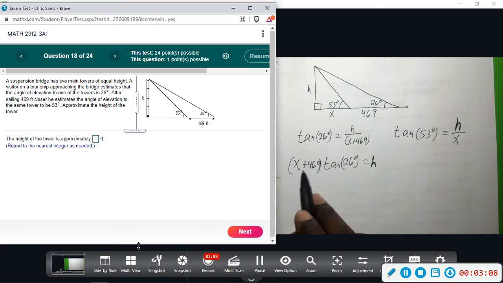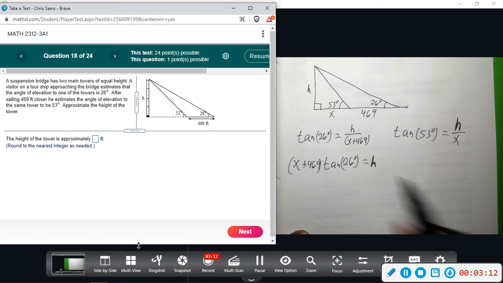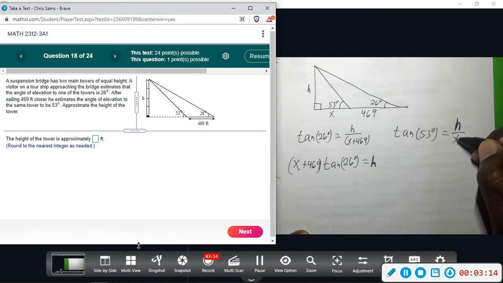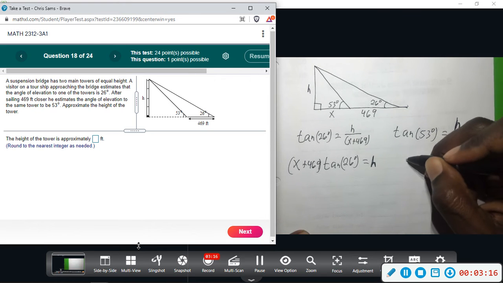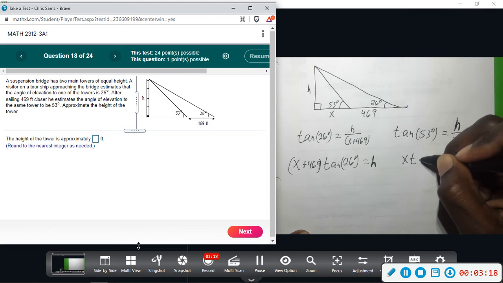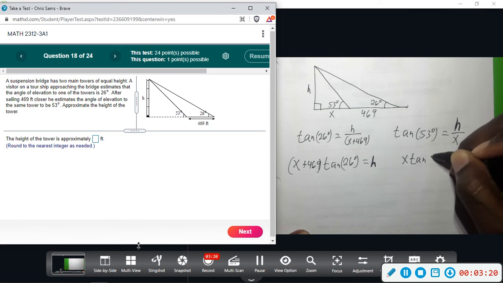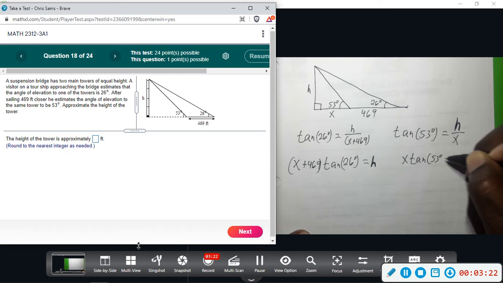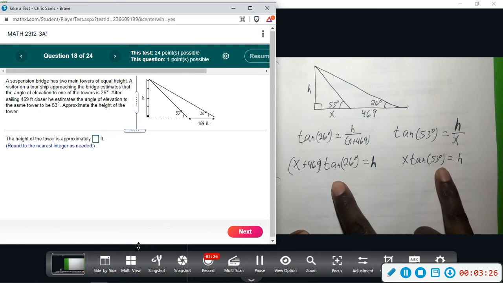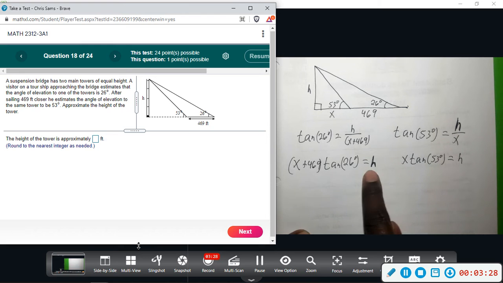Because that'll require me to distribute and then go back and divide. This is a little bit more messy. Yeah, we'll just solve for h. Multiply by x, and that'll give us x times tan 53 equals h. Okay, so I have two equations in terms of h,